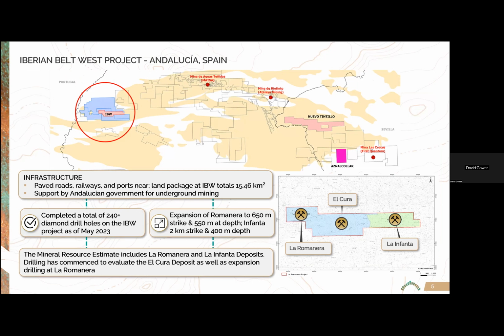We have completed over 240 diamond drill holes on this property, most of them drilled since last July. So it's been a very frantic pace, I guess, with 15 drills through part of that time and 6 different drill contractors. You can see the original property, IBW property below, Romanera on the west side, La Infanta on the east side,